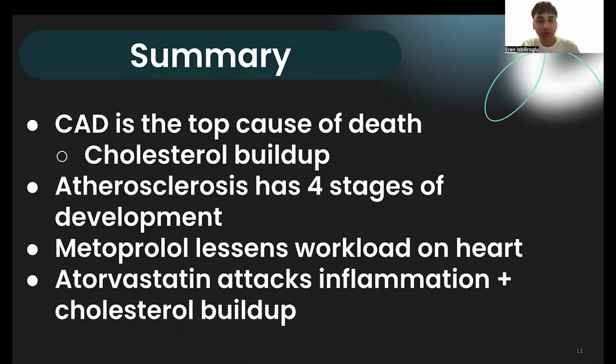So, as a summary of what we discussed, CAD is a disease of cholesterol and inflammation, and is the top cause of death in the United States. Metoprolol, one of its gold standard treatments, works by reducing the workload on the heart. Atorvastatin, another one of its gold standard treatments, works by attacking the progression of